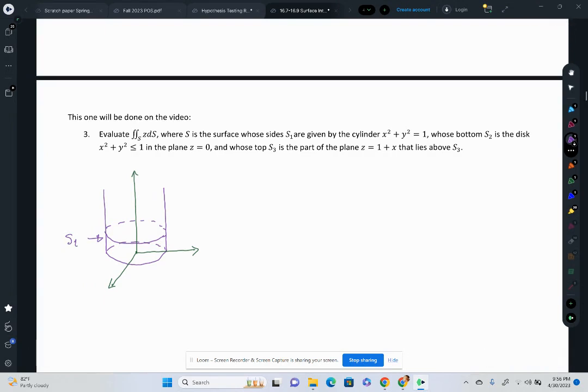S2 is the disk that is on the bottom. So that's S2. And then S3 is going to be the part of the plane that lies above. This is a typo. It shouldn't be above S3. It should be above S1, where S1 is a cylinder. So I need to draw that plane z equals 1 plus x. And that plane will